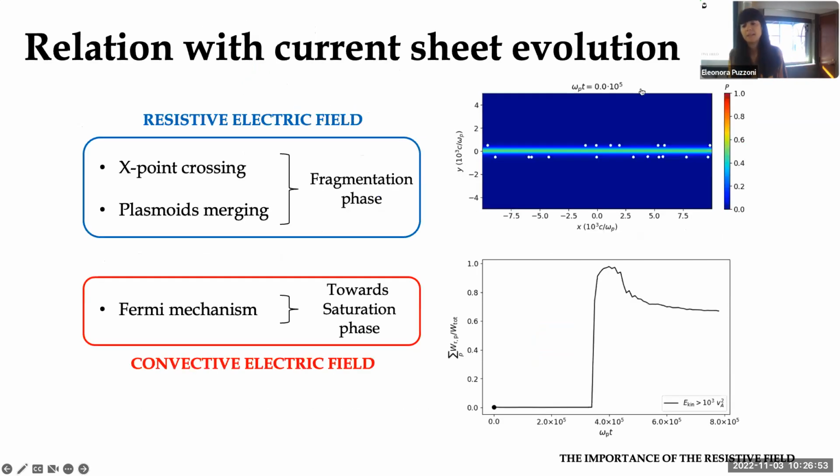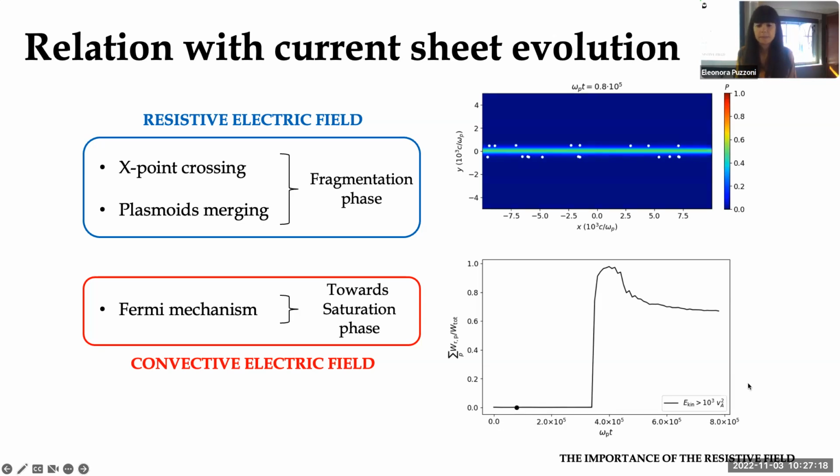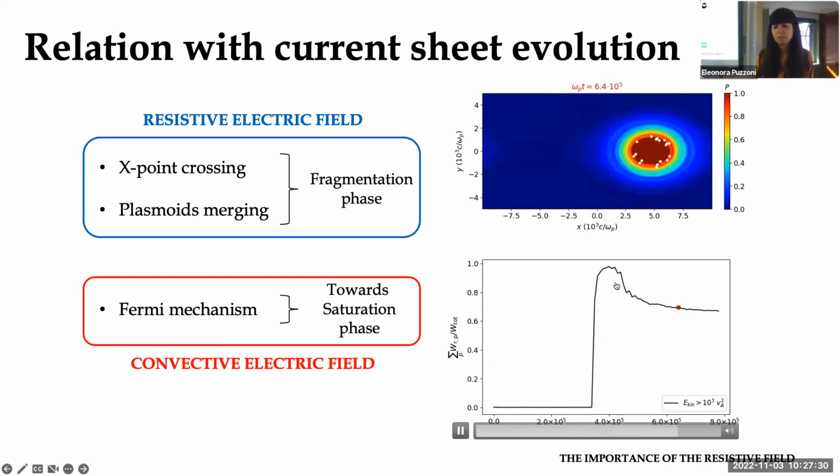So we decided to investigate why and where this contribution becomes so important. In this video, you see in the top panel the fluid pressure evolution over time with superimposed the most energetic particle position in white. In the lower panel, you see this fractional energy gained due to the resistive electric field for this energy threshold. So we're going to see that the resistive contribution increases as the current sheet fragments into a number of plasmoids that begin to merge, and then the resistive contribution decreases, reaching a saturation value